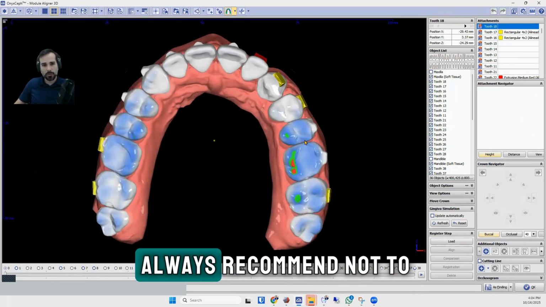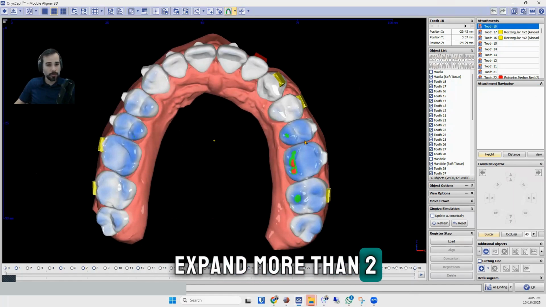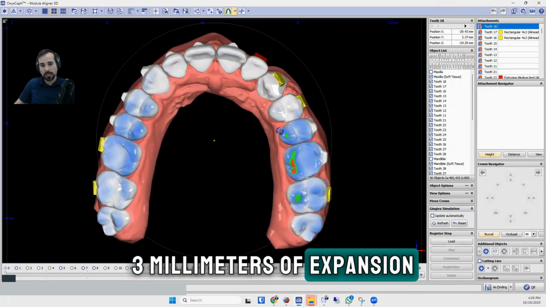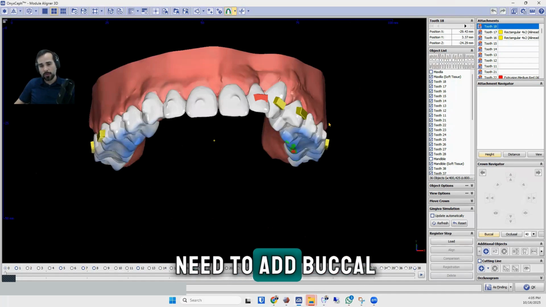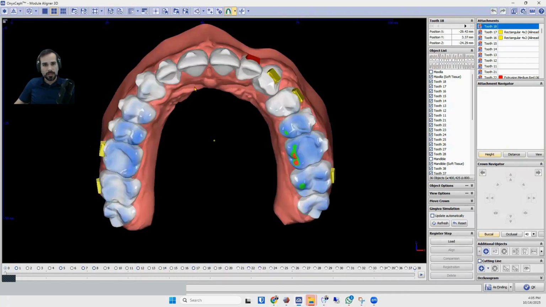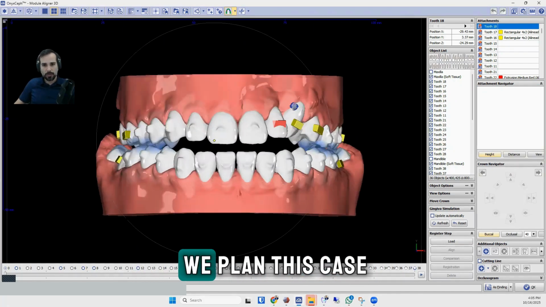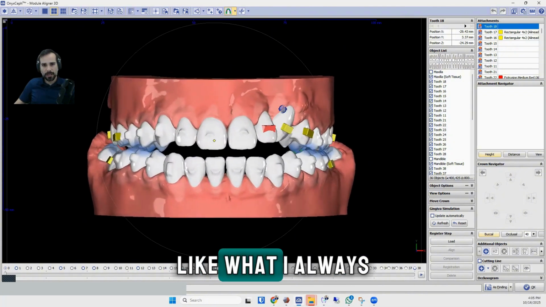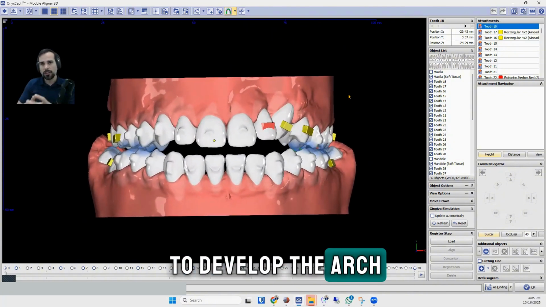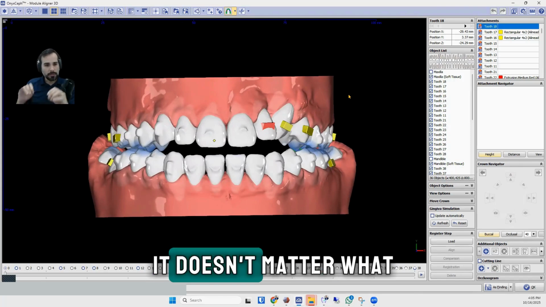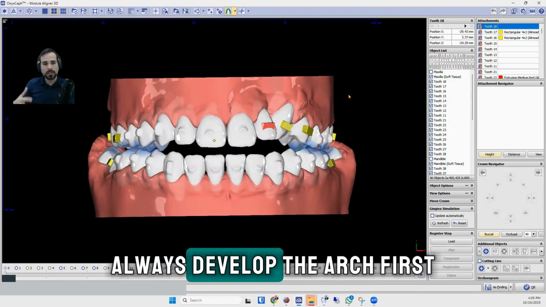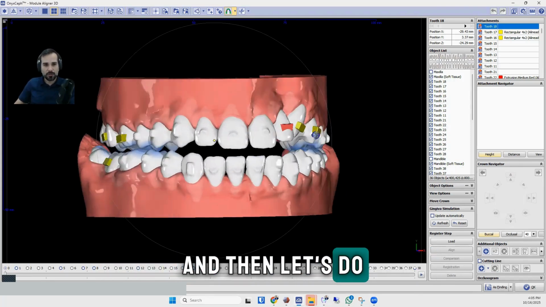Now, this is very frequent when we try to expand too much. This is why I always recommend not to expand more than 2-3 millimeters. And of course, you need to add buccal reductor for your expansion. So let's look ahead and see how we plan this case. What I always try to do is to develop the arch all the time. It doesn't matter what type of case you're doing, always develop the arch first, and then let's do a sequential